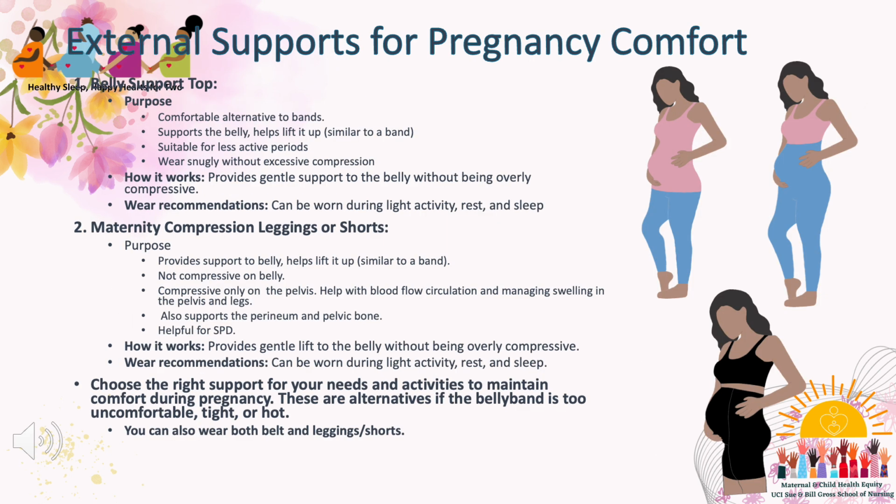Belly support tops are similar to belly support bands and provide gentle support to the abdomen without being overly bulky or too compressive. Belly support tops are a comfortable alternative option for providing gentle support to your belly. They are similar to belly bands and are suitable for less active periods or when you find belly bands uncomfortable under your clothes. They should be worn snugly without excessive compression and can be worn during light activity, rest, and